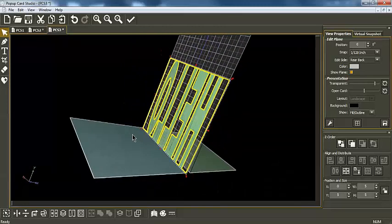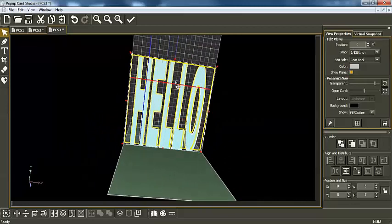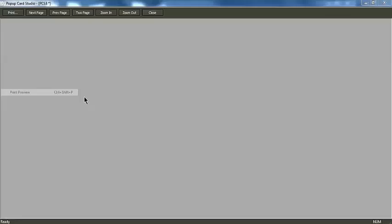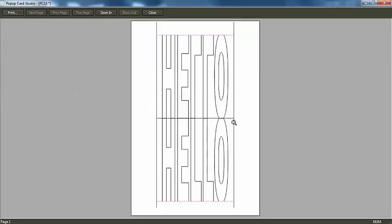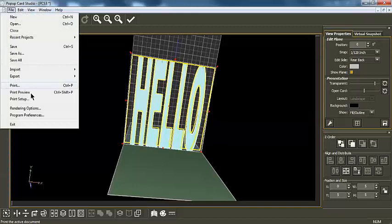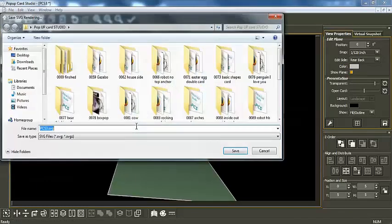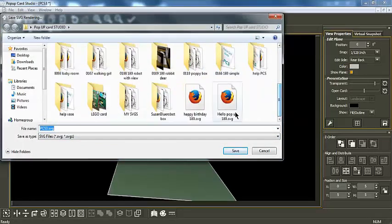So we have that. Now, the trick was we took this hello down to 4.99. So those two at the top are not joined. So if we do a print preview here, these aren't joined here. The hellos are not joined at the top. So if we do an export to SVG and we do this